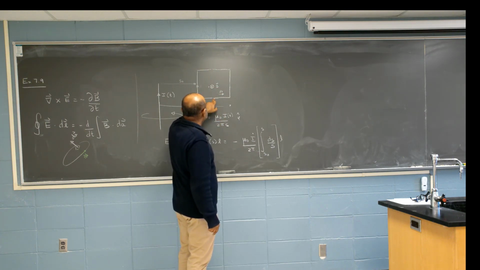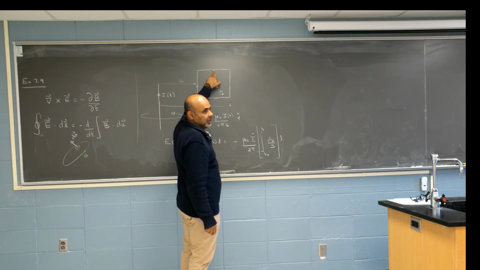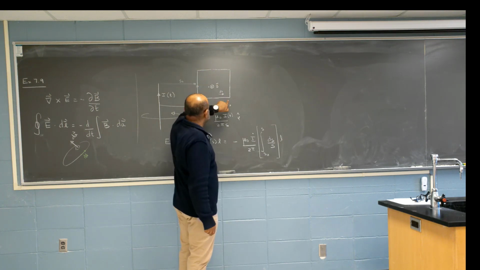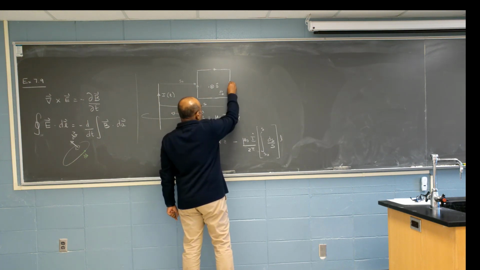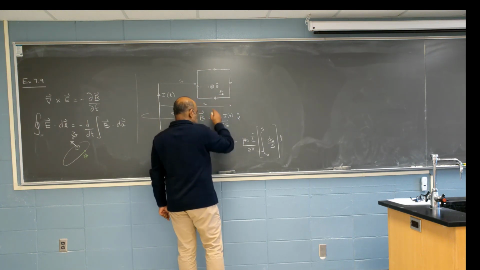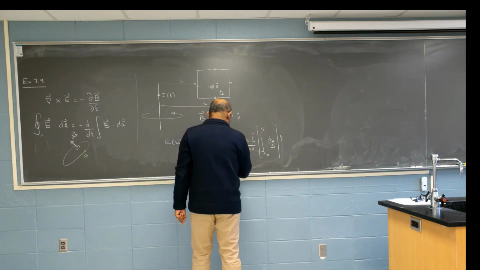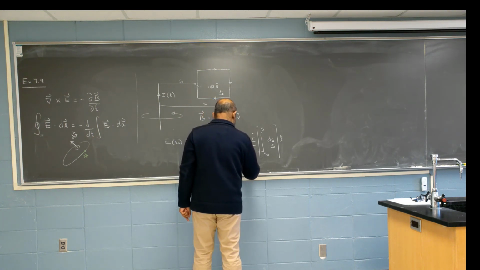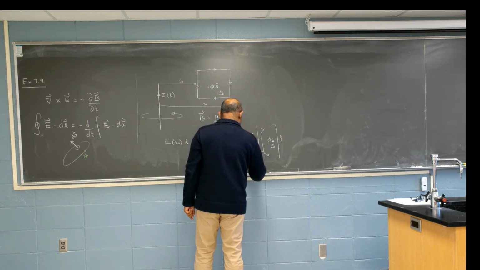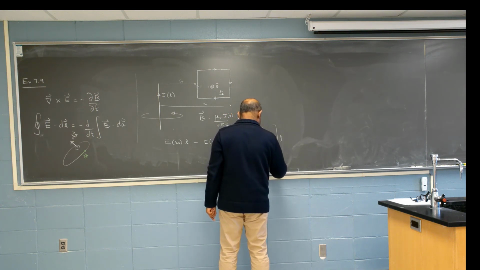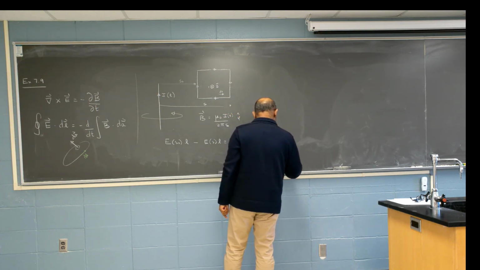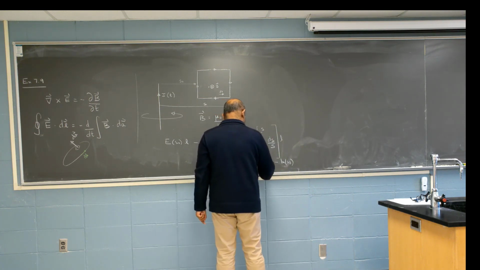Electric field here and electric field here has to point exactly the same way. This is going that way, this is coming this way. Okay. Good. And so I would have what? Minus mu 0 I dot over 2 pi times L, natural log of S minus natural log of S0. And